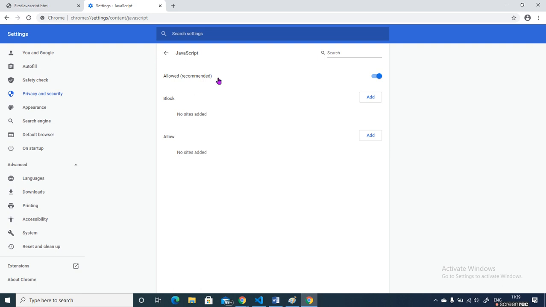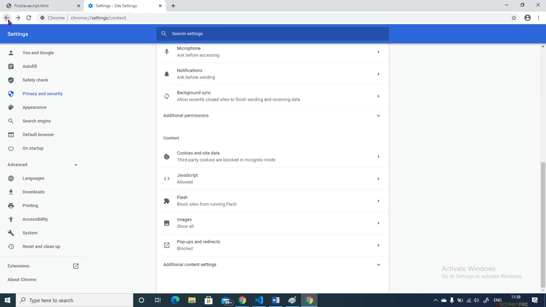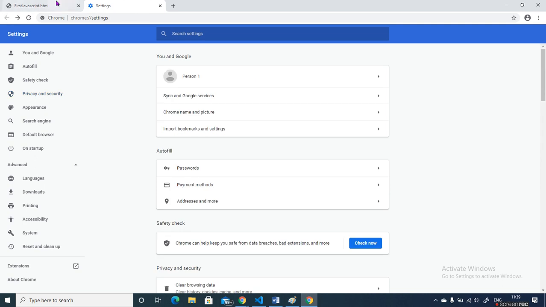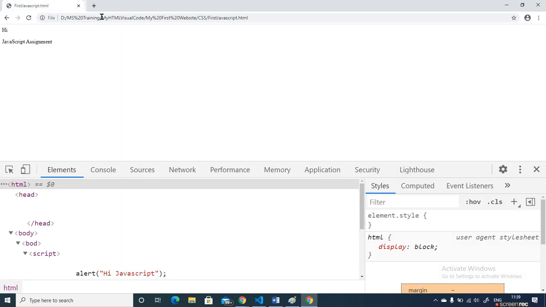So to enable JavaScript, you need to make these changes. Each browser has different settings, so you need to check how to enable it in your browser. Sometimes you will say my JavaScript is not working, but generally all websites refer to JavaScript, which is why JavaScript is enabled by default in a browser. So this is about the basics of JavaScript.